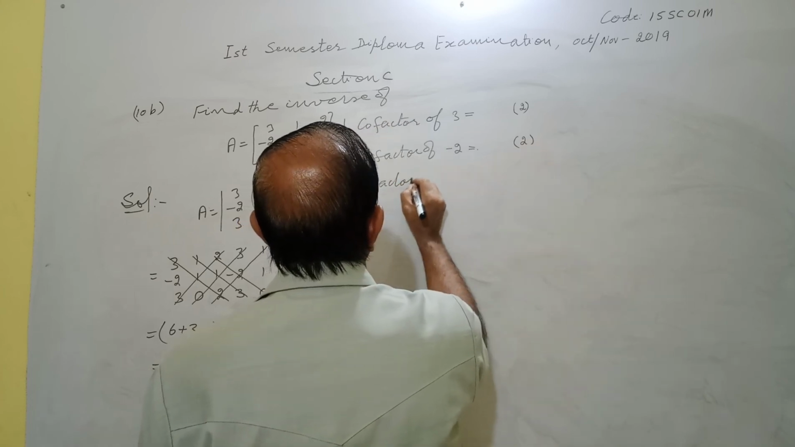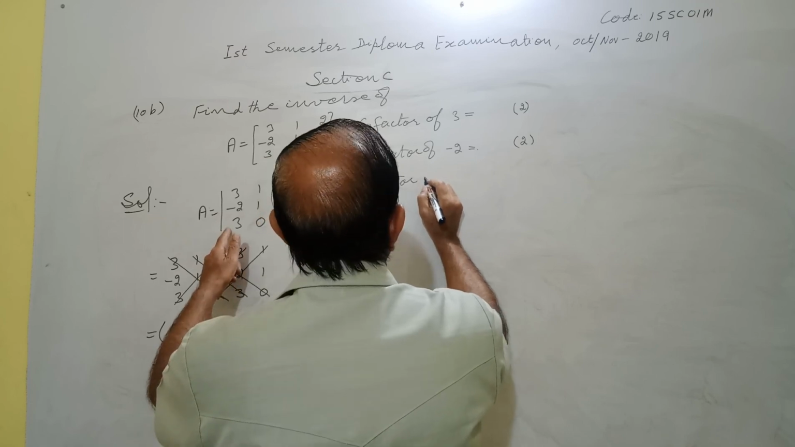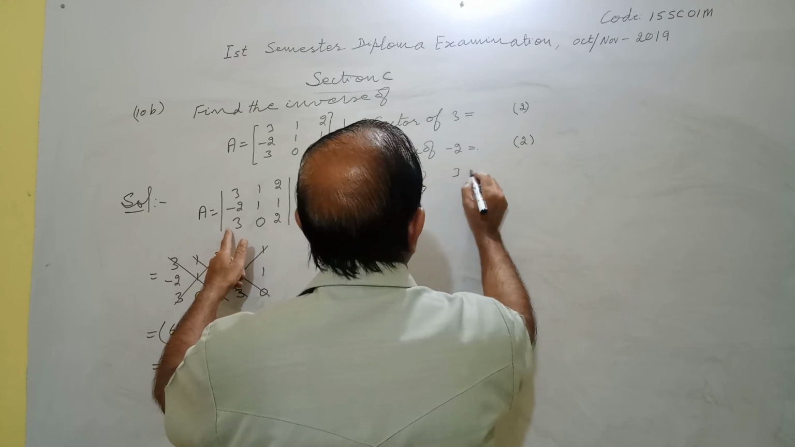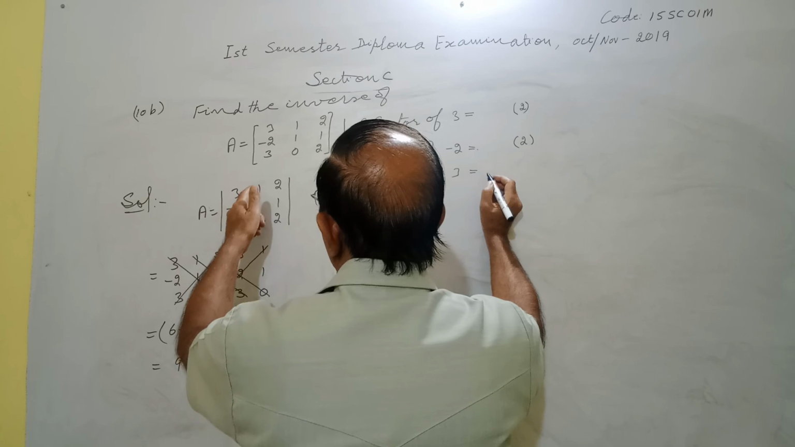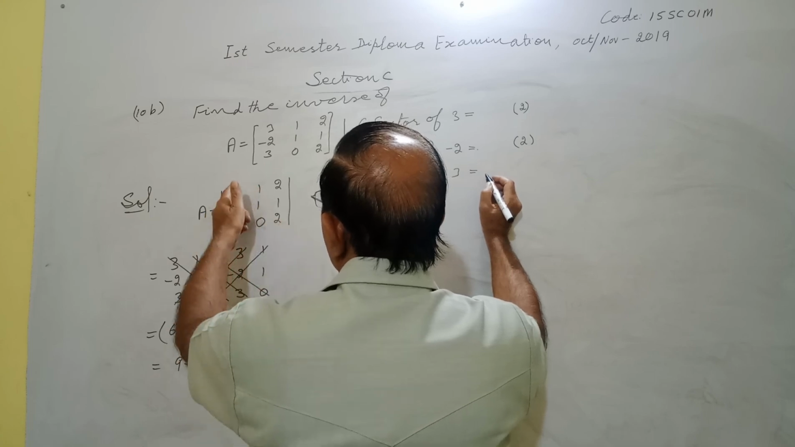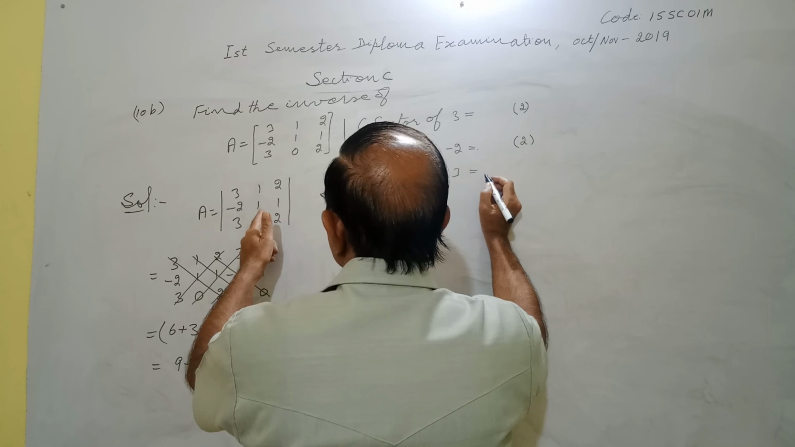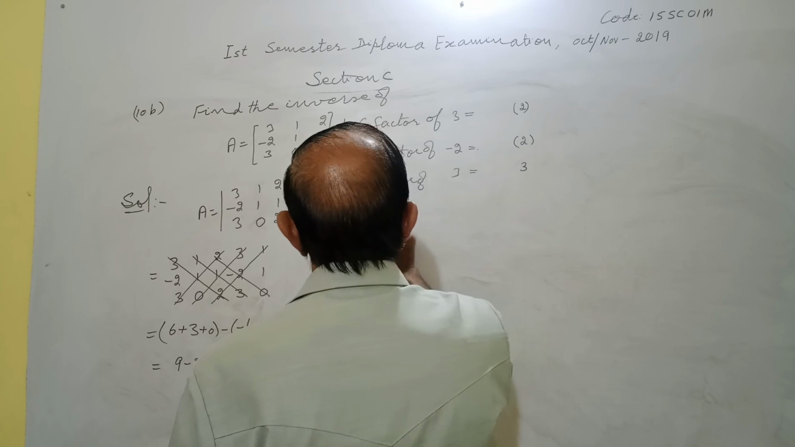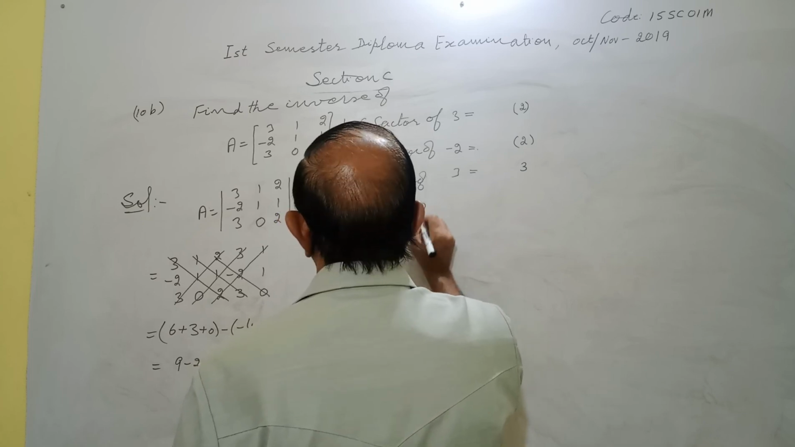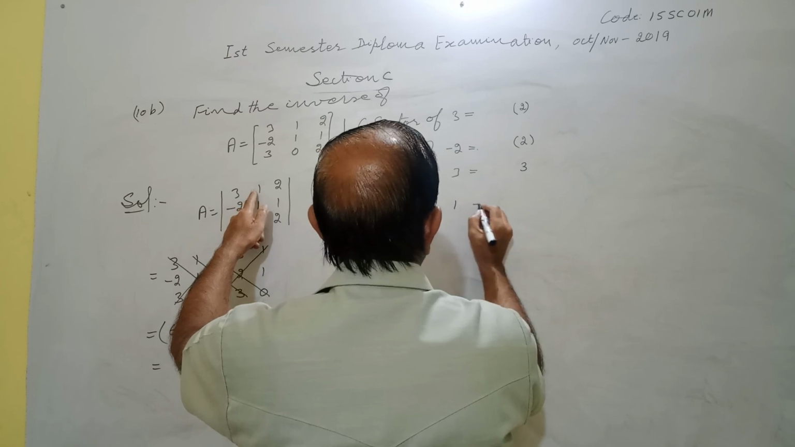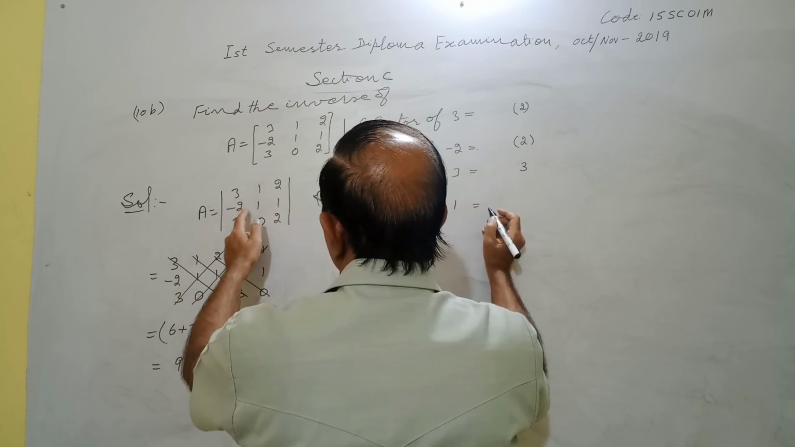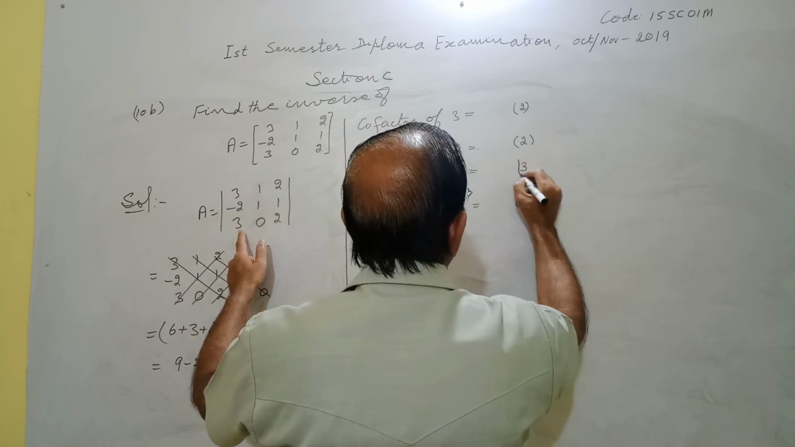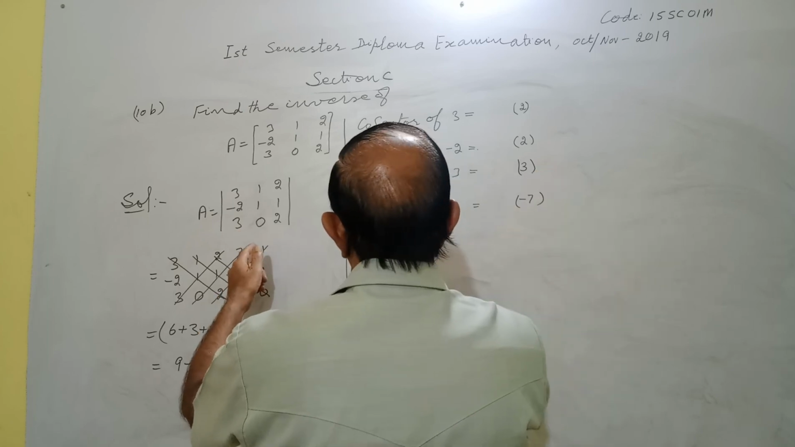Cofactor of 3, row and column, 1 minus 2, minus, minus, plus 2, that is 3. Cofactor of 1, cut the row, cut the column, minus 4, minus 3. Cofactor